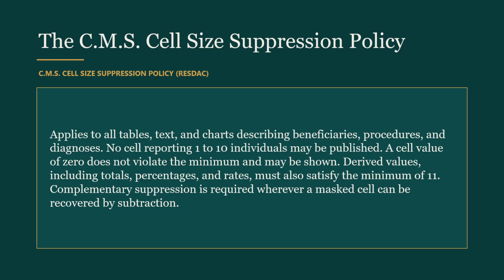That means a rate with a denominator of 8 is a violation, even though no count appears on screen. And built on Rule 4 is the requirement for complementary suppression, which the policy states explicitly, because masking one cell while publishing its row total and neighbors accomplishes nothing at all. The next slide proves that by doing it.